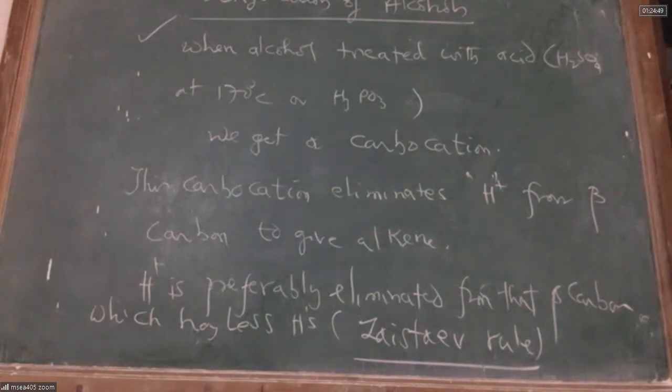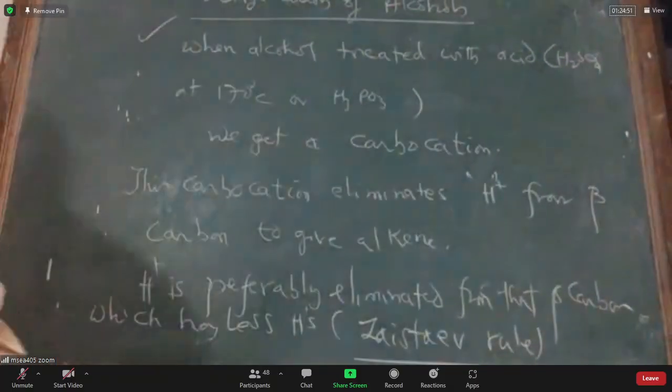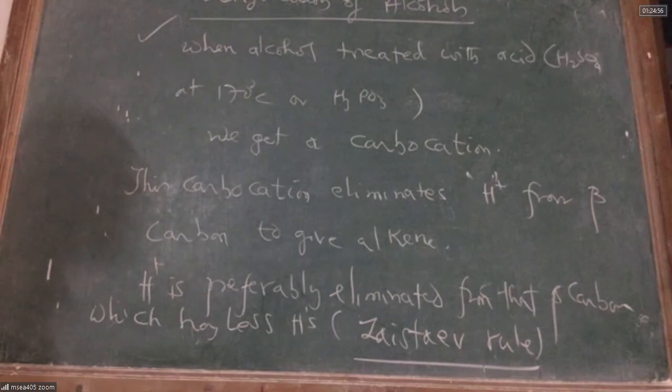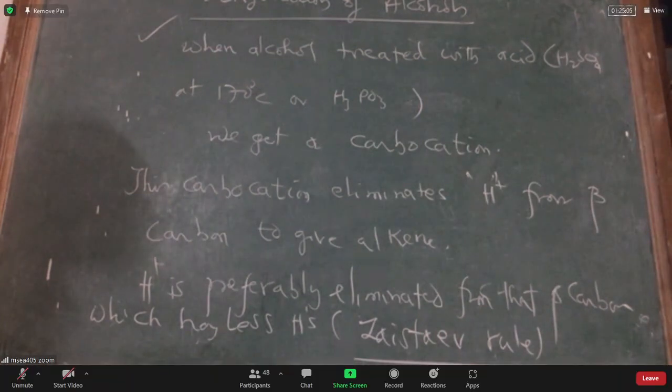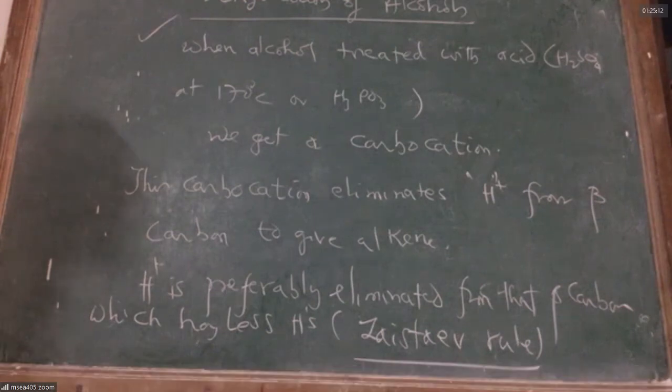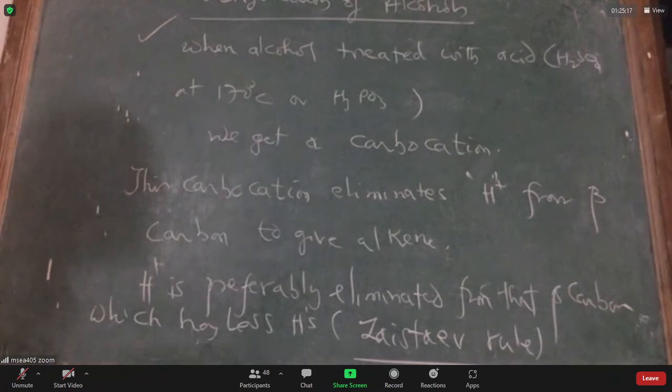Sir, definitely the reaction of concentrated acid with alcohol generates a carbocation. The carbocation is formed in that site where it is more stable. Now, if I look at the two carbocations I am getting, always I get a stable carbocation. And always the carbocation tries to eliminate a beta hydrogen from that site where the carbon has less hydrogens. That way I get stable symmetric alkene. Is that fine? Yes, sir.